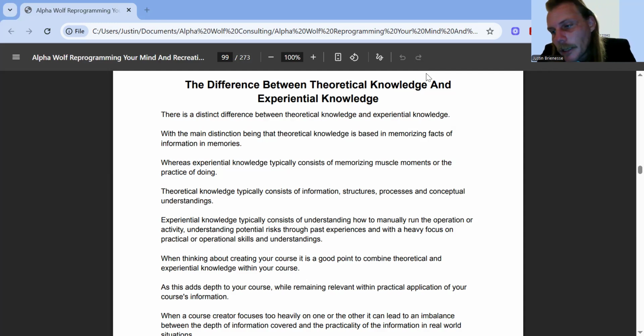So if I was creating a sales course for my sales staff to understand who are the ideal buyers and who are the right people for it, it's not about just getting the sale, it's about identifying the right people that benefit from them and communicating at the highest level to them. So when we think about this, we're thinking about all the different experiential knowledge of the doing. So how do I communicate to them at an effective level? But what is communicating at an effective level?